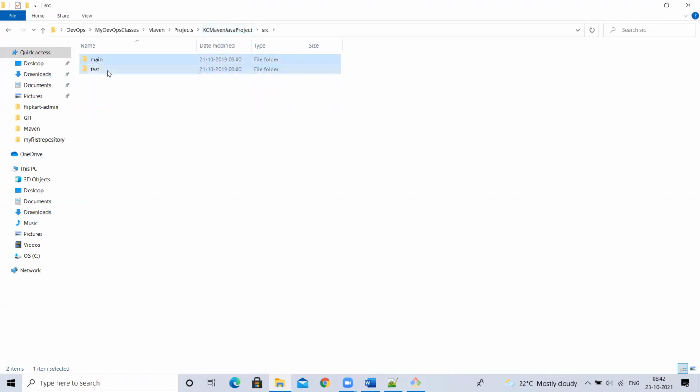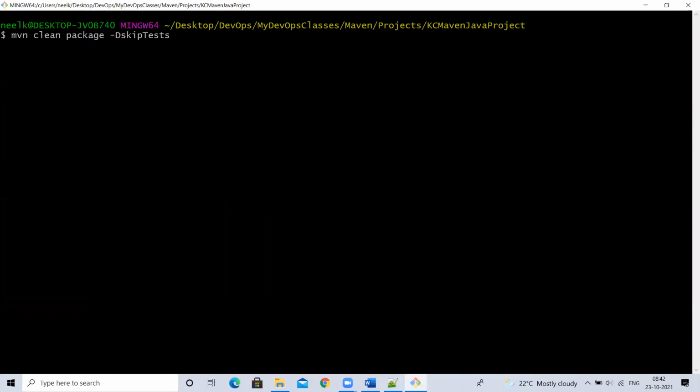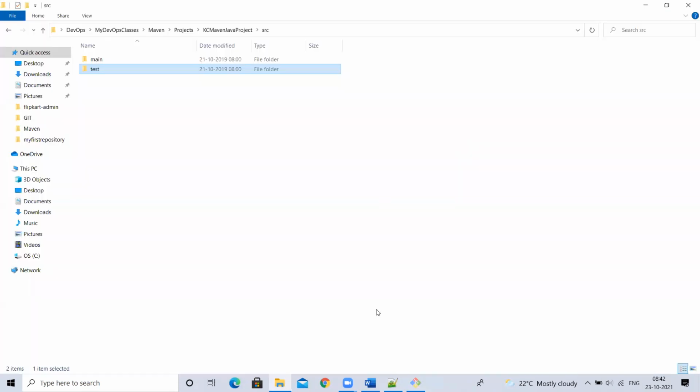Here I have Java files, and here I have Java files, right? So when I use MVN clean package with -DskipTest, what will happen? It will validate the project structure. It will compile both the places, here and here, right? After compiling, it will skip the test cases.